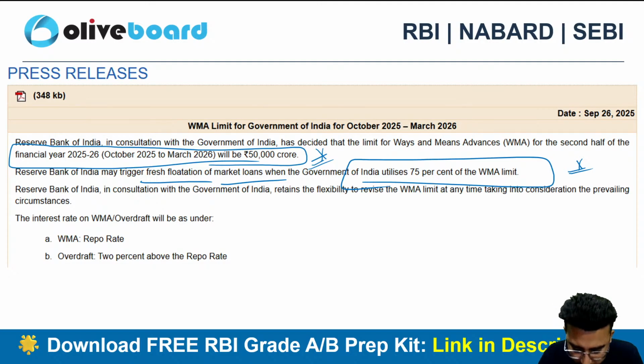How many more classes will you take on circulars? In total, I think there are 3 classes for your circulars. I'll be aiming to cover at least 6 to 7 months of data related to circulars in these 3 classes itself.